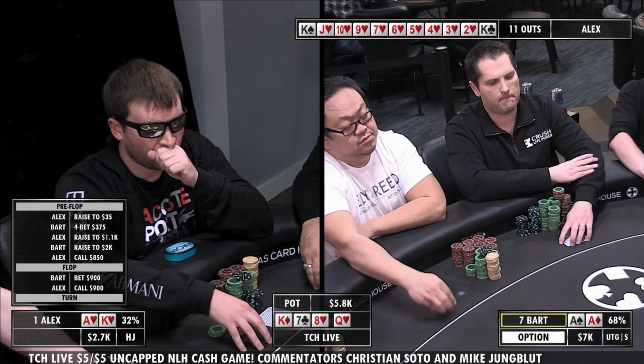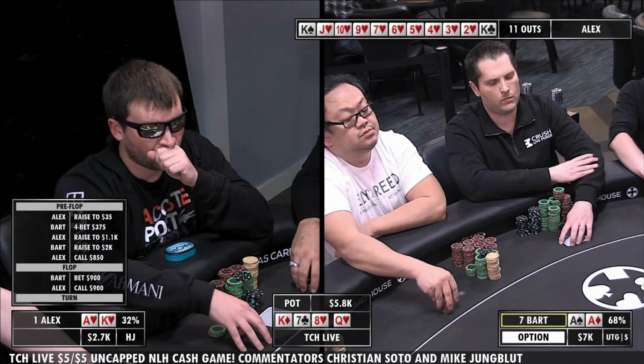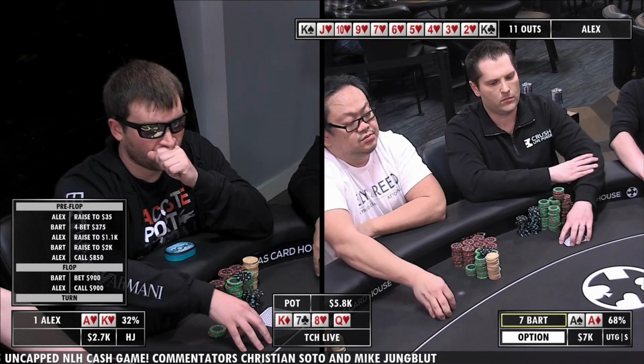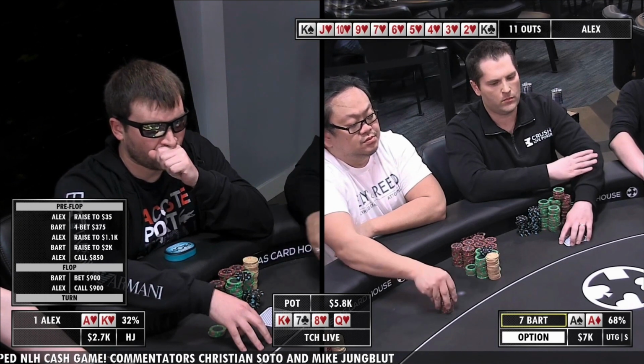Ace-5 suited, those hands that are appealing, like Jack-10 suited, things like that. All those hands, if I come out and bet and just jam, are probably just going to fold. But if I do check, and I was playing some sort of bluff, even though it's kind of an extreme, it gives those hands a chance to bluff. So I actually thought the more efficient way for me to play this hand was probably just to check